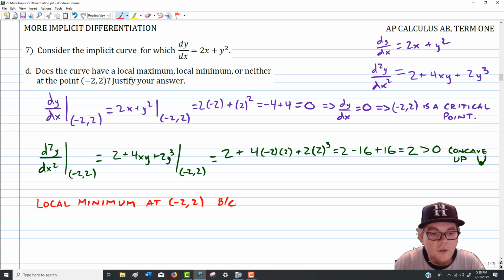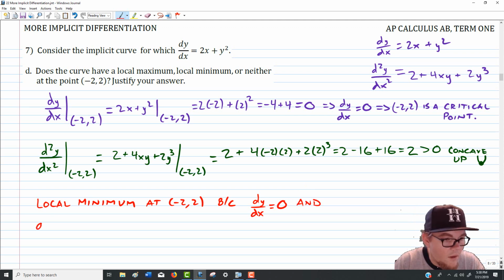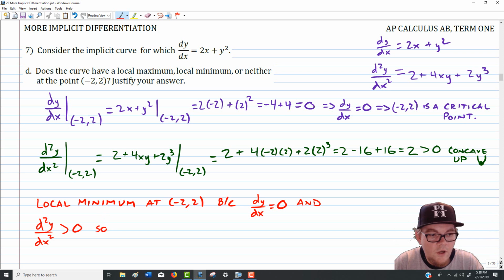And our reason, if we're looking for it, is because dy dx equals 0, which guarantees we have a critical number or a critical point, and our second derivative is equal to 2, which is greater than 0. So by the second derivative test,